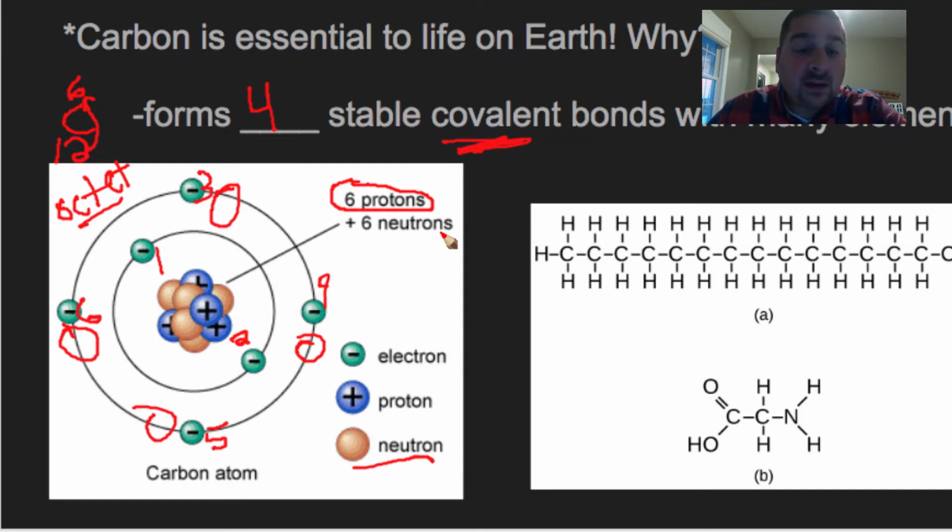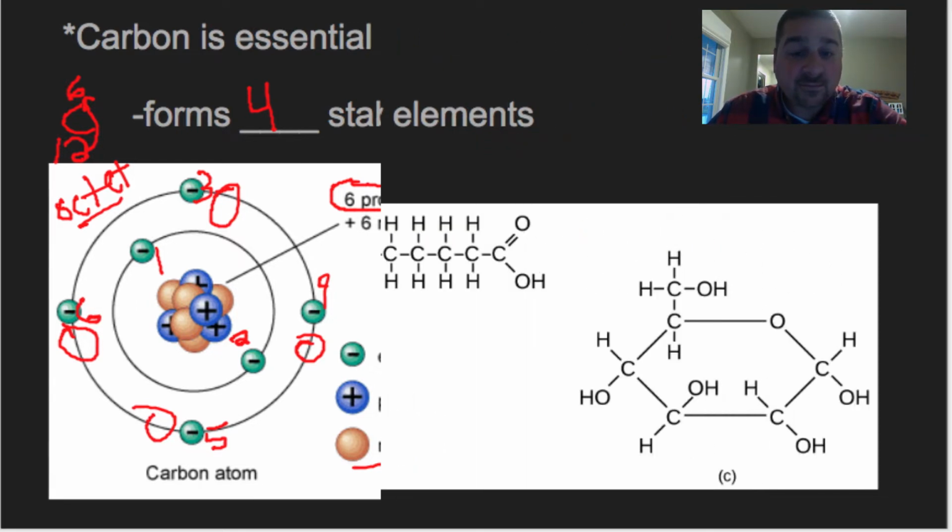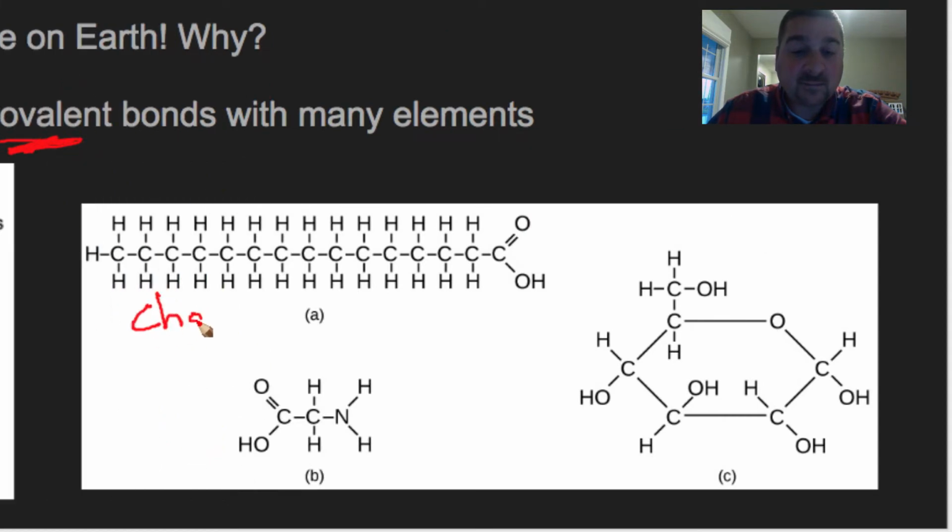So the cool thing about carbon is that it can form these long chains. Carbon can bond to itself, carbon to carbon to carbon to carbon, and it will also bond readily to other things. So here you see it bonding to nitrogen. It can form double bonds. There's a double bond with oxygen,